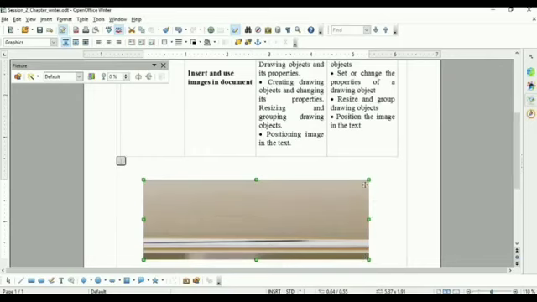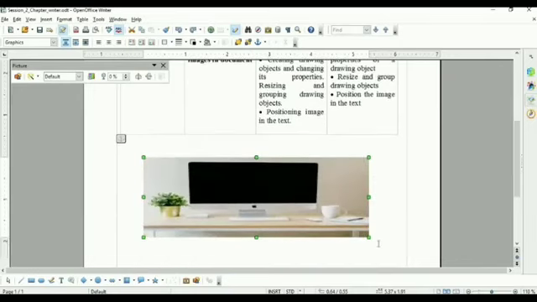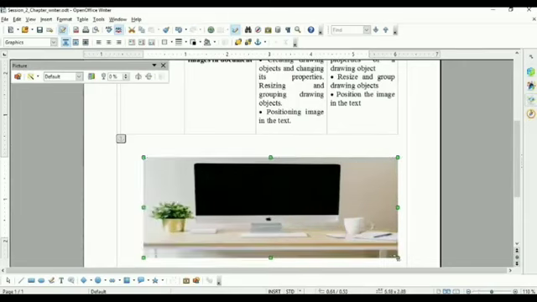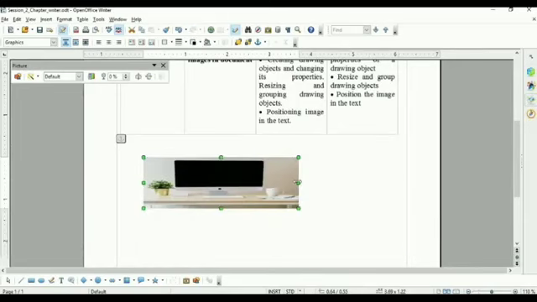Resize we have discussed previously. Resize means I select any one green dot, any one corner. Once the cursor changes like a double-headed arrow, then you increase or decrease its size. Is it clear? So this is the resizing.